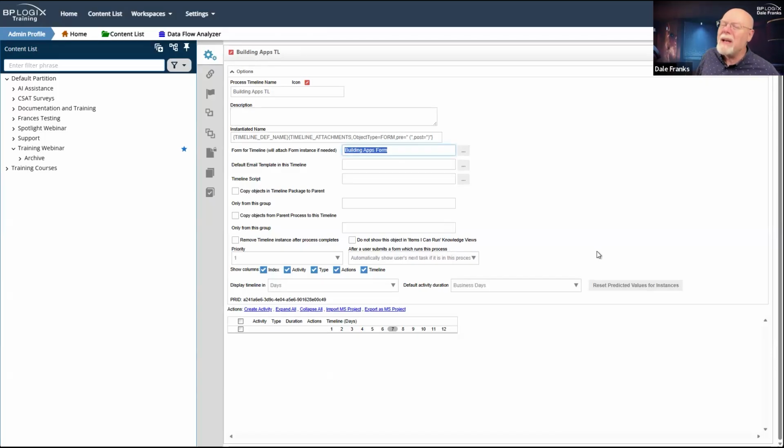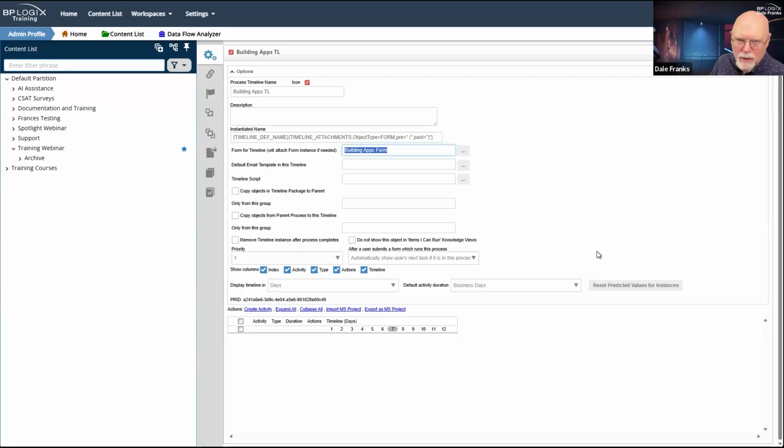because what it mainly does in the normal course of events is it just makes it easier for me to write conditions, right? If I have a form-based condition, then setting this property means that if I ever need to evaluate a form field, it will by default go to my building apps form and list the form fields that exist on that form for me automatically, so that I don't have to choose the form every time I do a form-based condition.